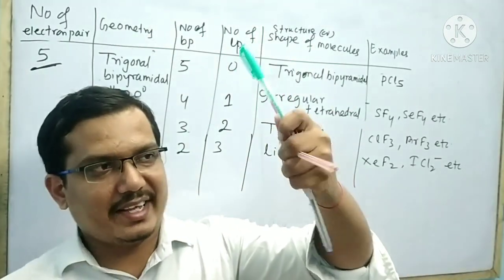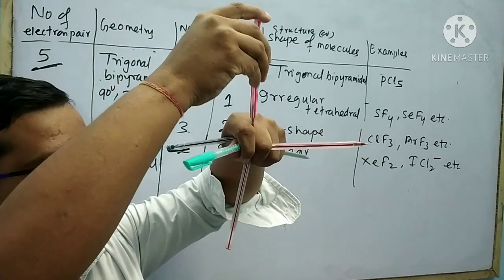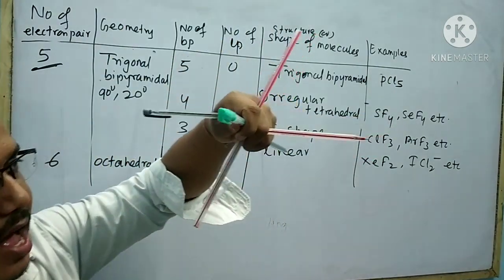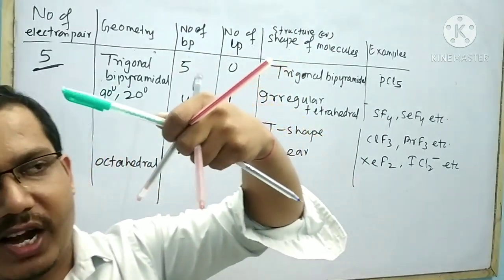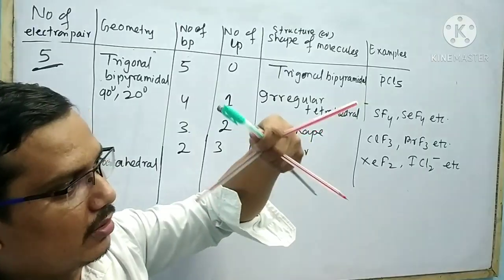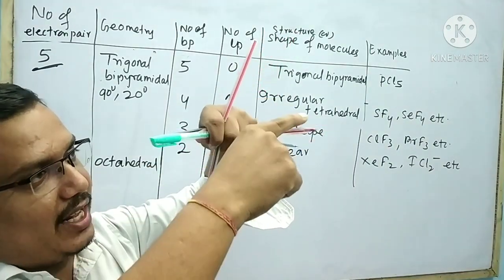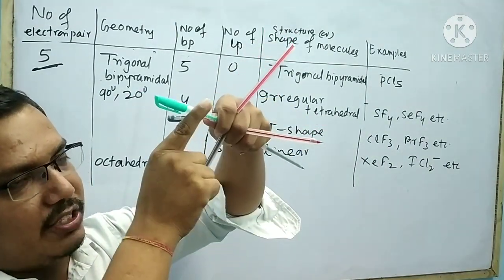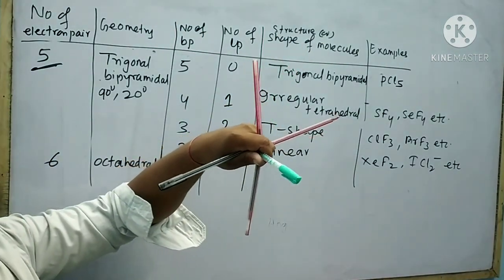4 electron pair are arranged like this, and the 5th electron pair are arranged like this, and the 6th electron pair are arranged like this. Now this is said to be octahedral shape. The bond angle is 90 degree. This bond angle is also 90 degree. This bond angle is also 90 degree. This is said to be octahedral